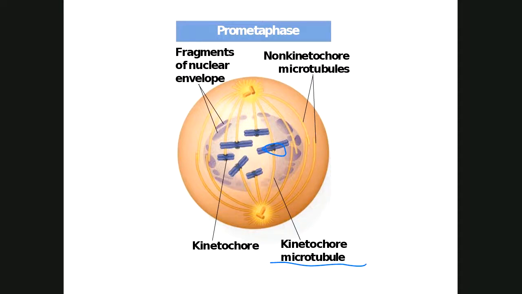Other microtubules are non-kinetochore microtubules, or the other term for them, polar. Polar microtubules don't connect to the chromosomes. Now, they have a purpose we'll get into in a minute, but the reason why I like to think of them as polar is the polar microtubules go from one pole of the cell to the other. Now, it's not one continuous. They basically start from, let's say, the south and the north pole, and they meet in the middle. See, they're kind of overlapped right there. But the important thing is they're not connected to a chromatid. They're not connected to a kinetochore, okay?